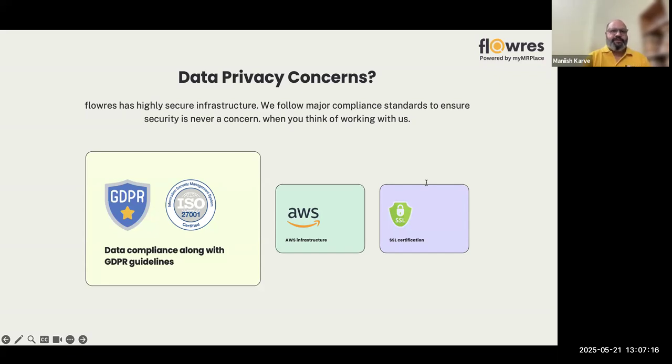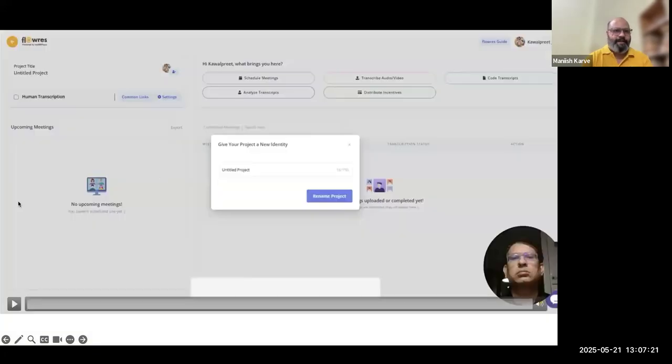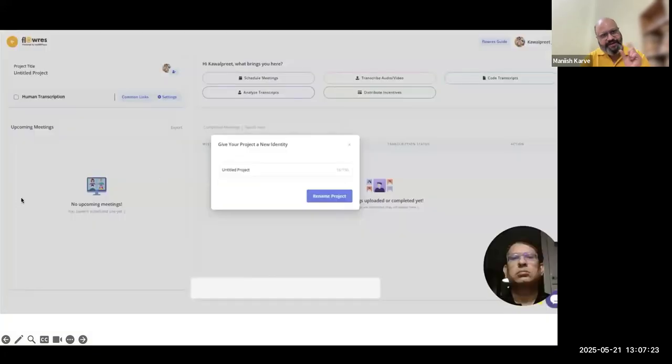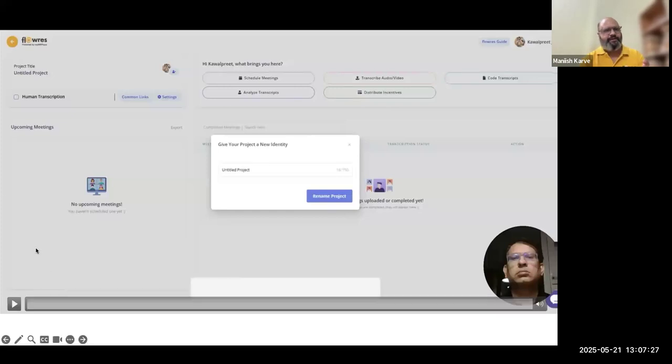Now, without much ado, let's look at the platform itself. I will just play a small video demo. This is a quick demo that will talk to you about the platform without necessarily jumping around with multiple windows and stuff. Just stop me if you can't hear the audio or you can't see what I'm showing.